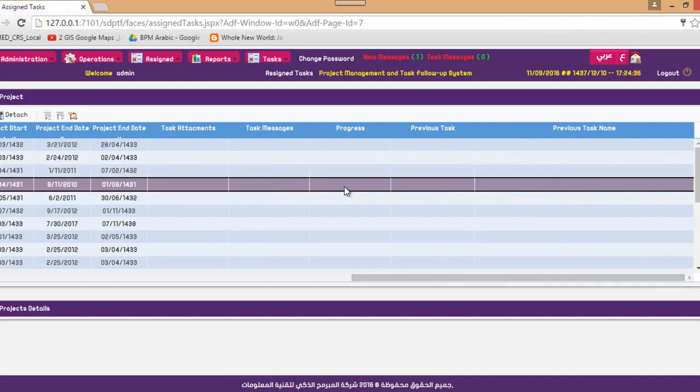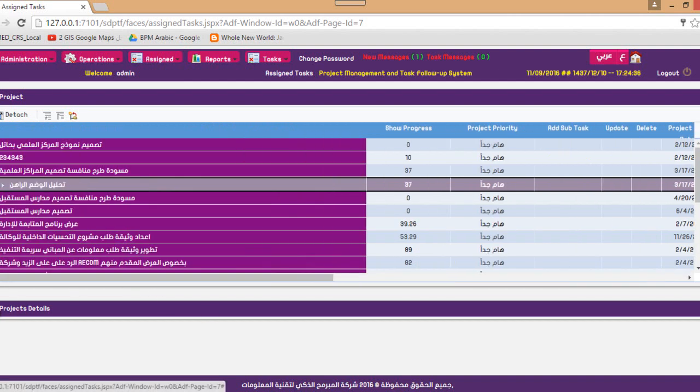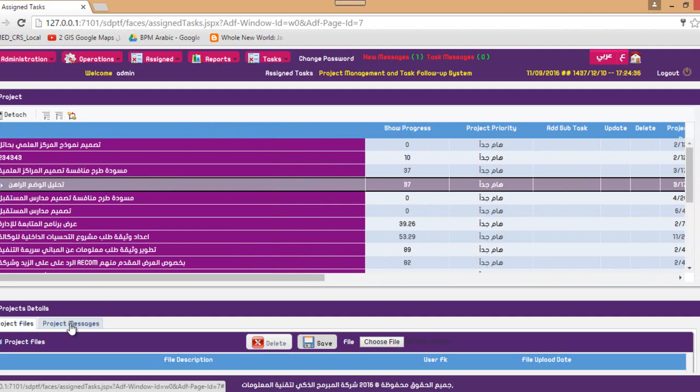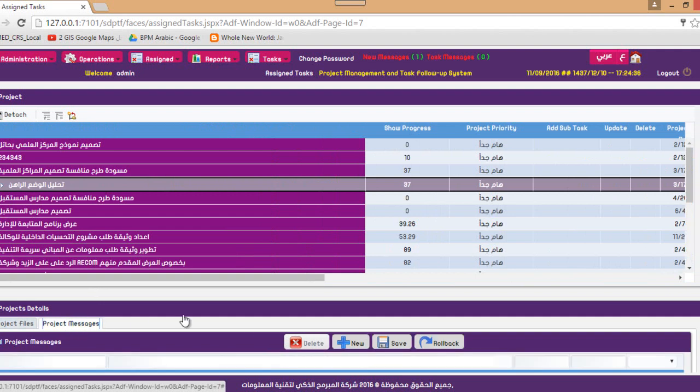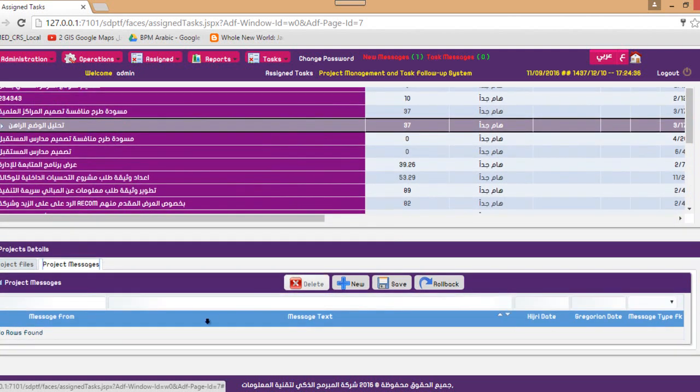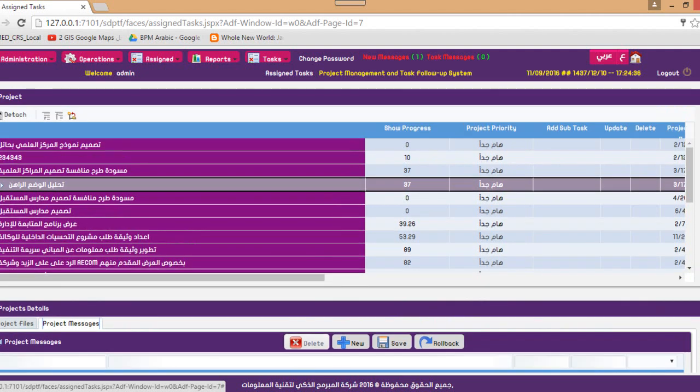progress like this. Once you create your progress, it becomes easy, and this will update the project's overall percentage completion. And of course here you have the details of this project, like project files and messages, where you can create a new message to send to whoever you want, so that you also have a way to add your comments during the achievement of the project.